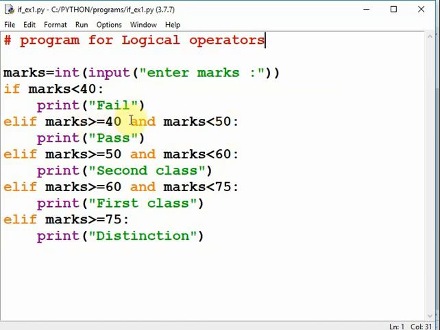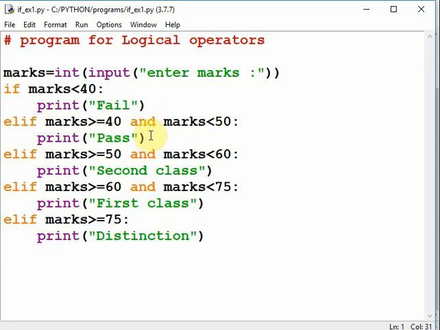So this condition becomes true. Greater than or equal to 40, 45 is greater than 40. So this is true. Condition 2 is marks less than 50 means 45 is less than 50. This is also true. When both conditions are true, this statement will be executed.